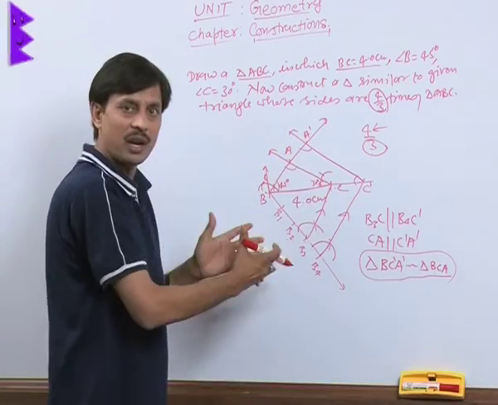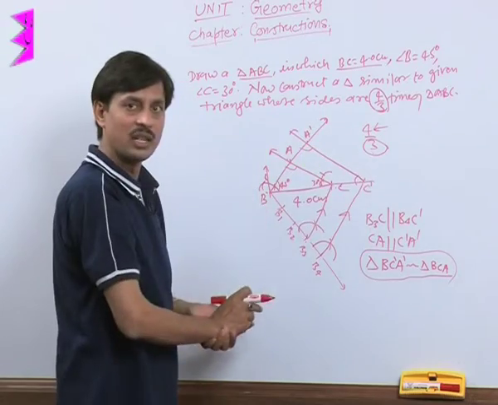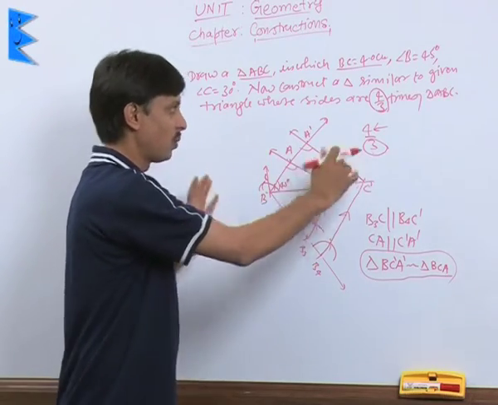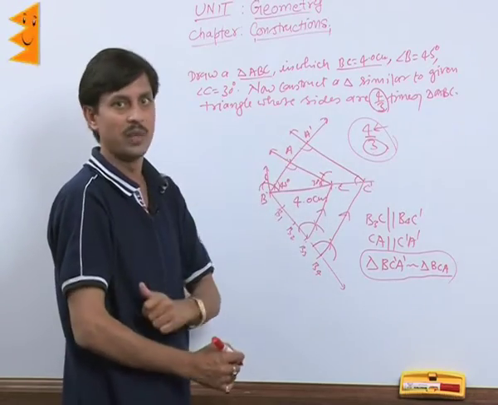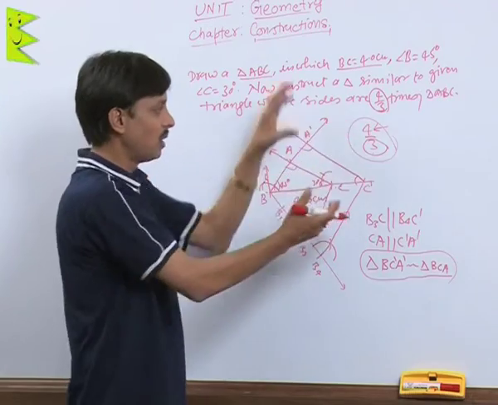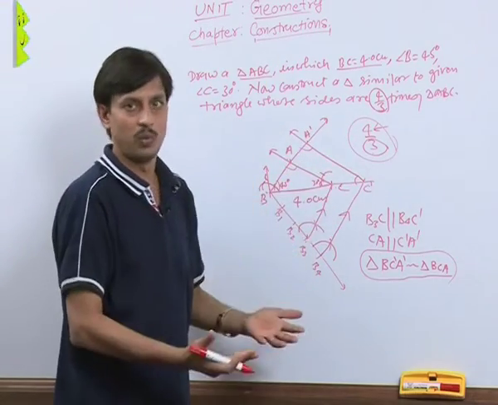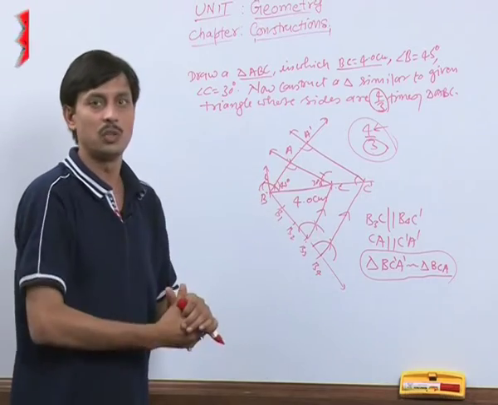We have drawn the parallel lines; the methods are very clear. We draw the equal angles, and this triangle is the bigger one because it is 4 by 3, a ratio more than 1. So we can say that the ratio may be less than 1 or more than 1, but we have to draw the triangle in any situation.